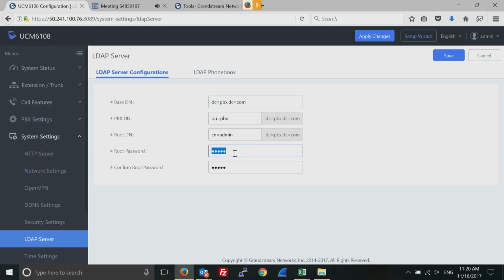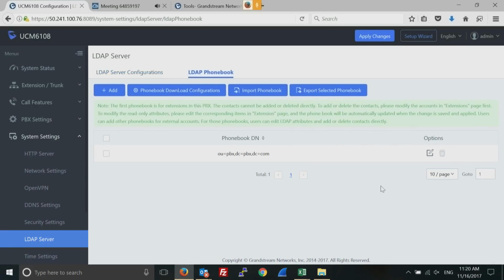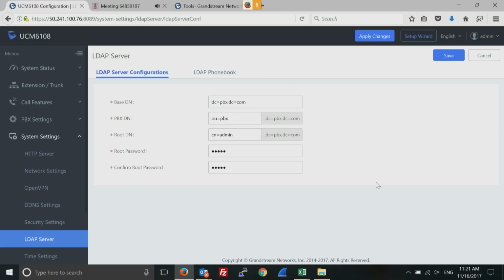I think the password is by default admin. Then you go to the LDAP phone book, and then you can actually request or query a phone book from a remote LDAP server. So for the example that I'm giving right now, let's use the UCM phone book only. Then when you create your trunks,